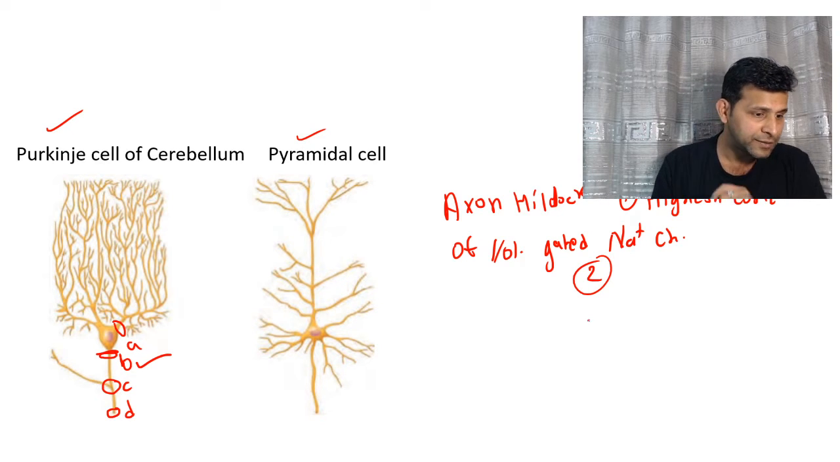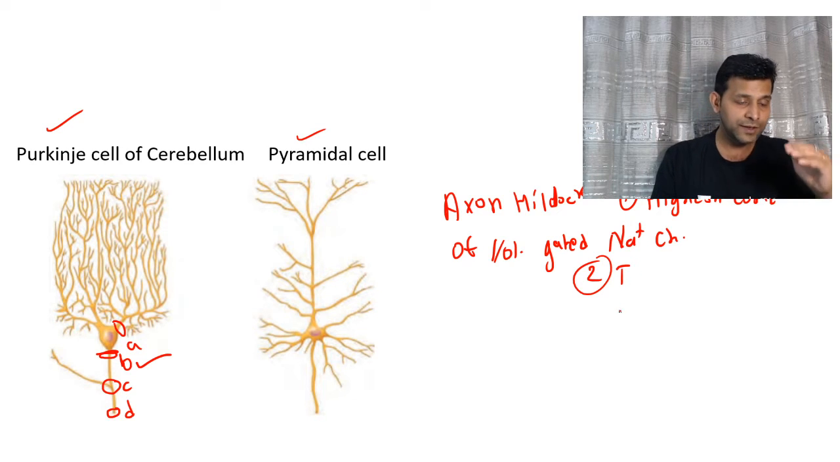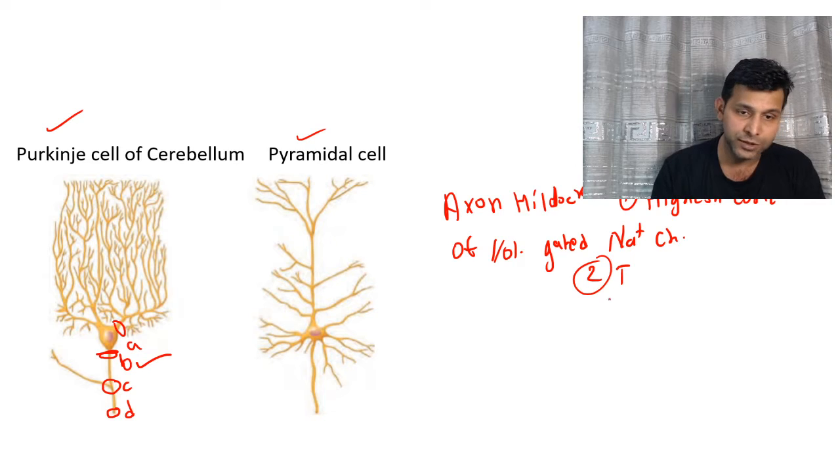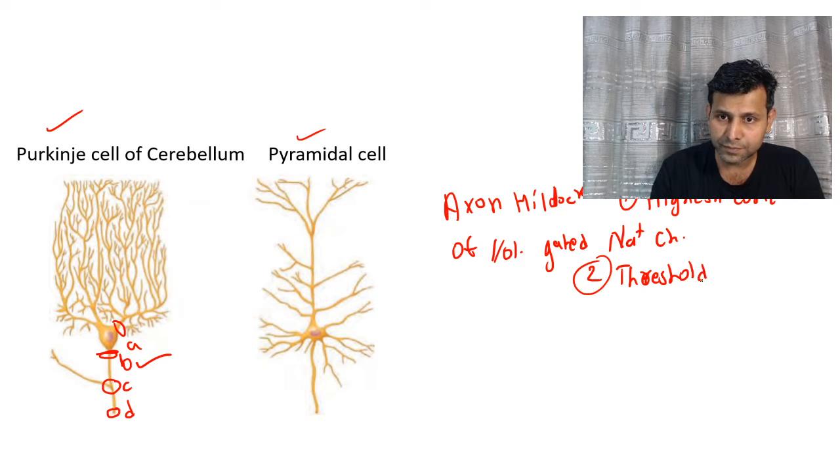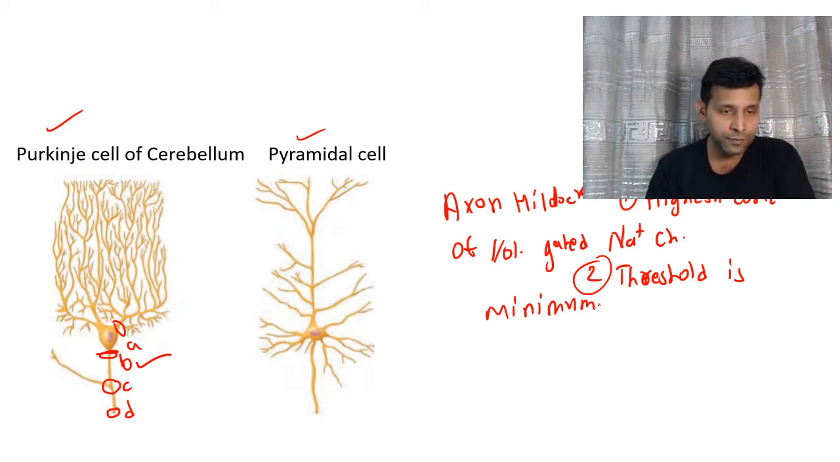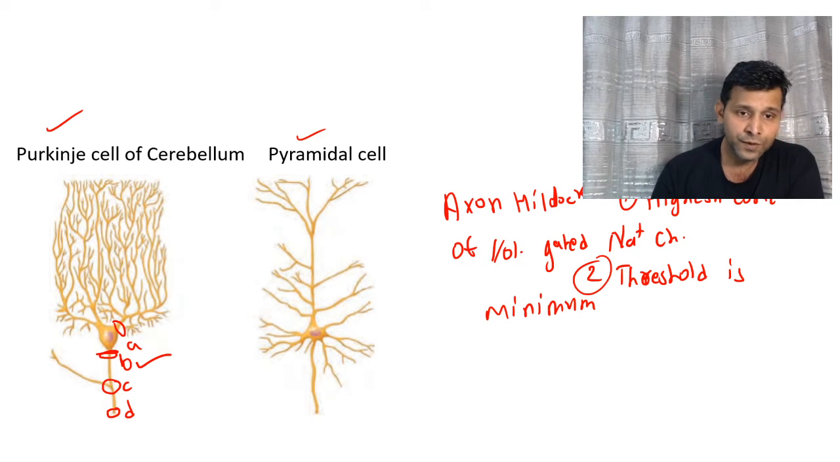Second point, the axon hillock is an area where there is minimum threshold. The threshold is minimum in this area. Similarly, the pyramidal cells